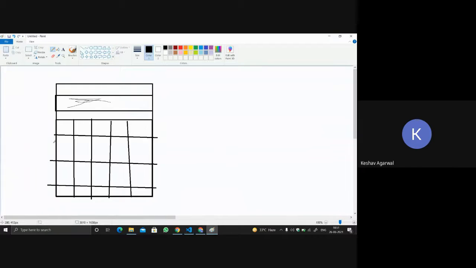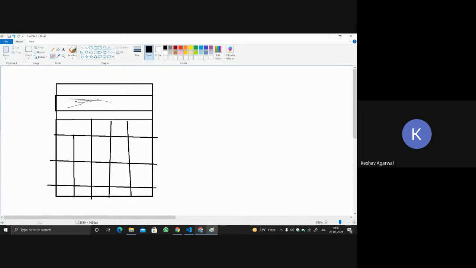Let's say what I want is the first thing. Okay, let me use the eraser over here. What I want is this particular two buttons in one. I want to place this button in two columns. So how can I do it? We can use column span equal to 2, implying that we want this particular area, that is entry, to be given to two columns.